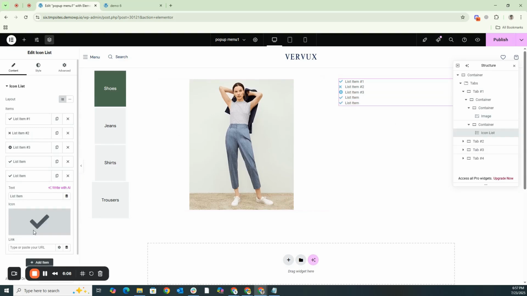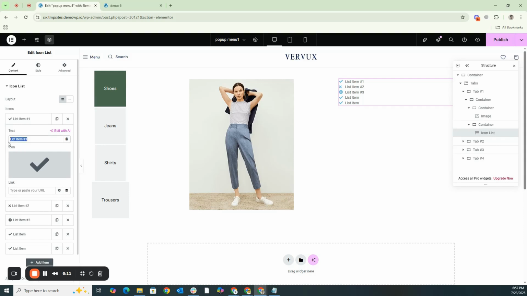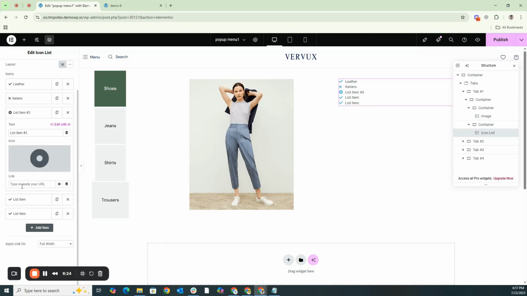Inside this, you can add as many list items as you want. Let's add quality leather, Italian handmade shoes. After that, you can choose any other quality that shoes have.